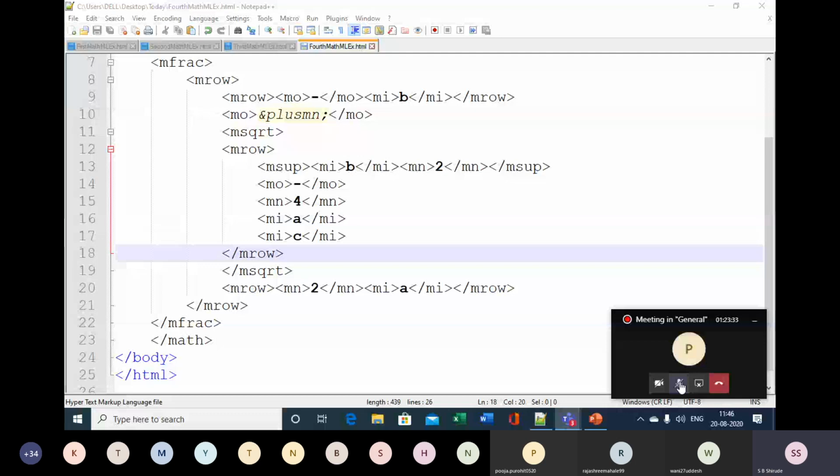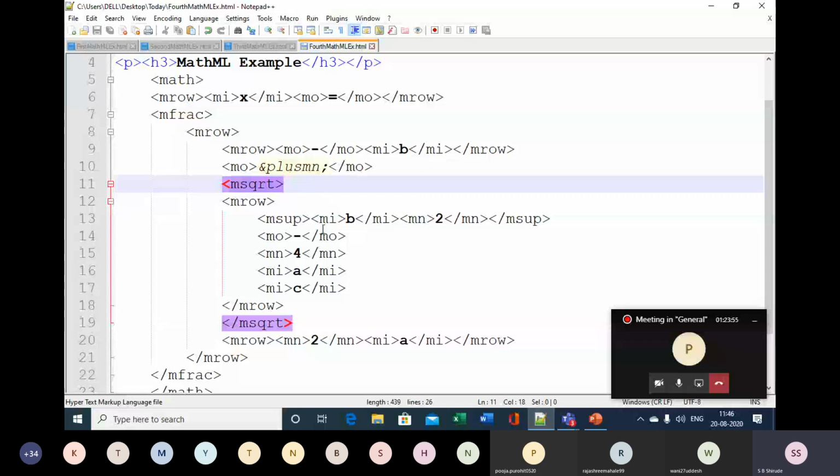So first of all, we have inserted here one row, and in that x is equal to, and here in m frac, we have inserted one row. So I think there is a mistake in this closing and opening tag.